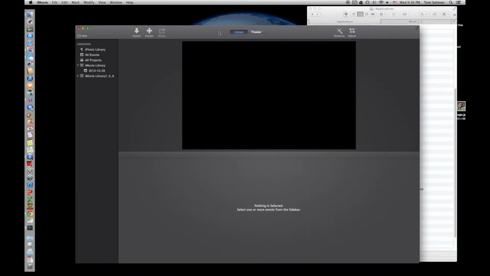The other thing you'll notice, if you ignore this library right here that says iMovie Library 1_5_A, which is something I created, is that it'll come up with a default library. It'll have an event on the day you updated to the new iMovie. It's going to be basically empty. So what you can do, if you want to